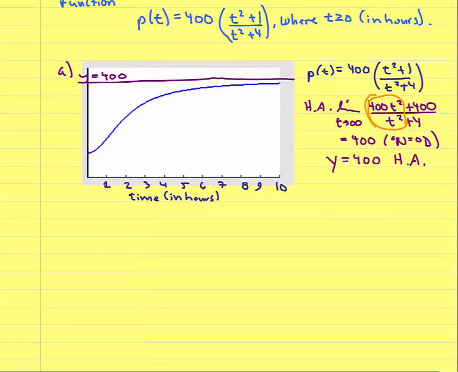So that's my graph, that's my horizontal asymptote, and I used information from previous sections to come up with that horizontal asymptote, my shortcut rules. Let's go ahead and answer a question now. At approximately what time is the instantaneous growth rate